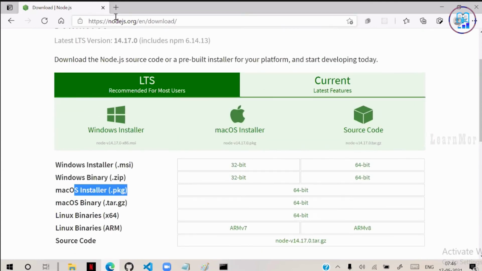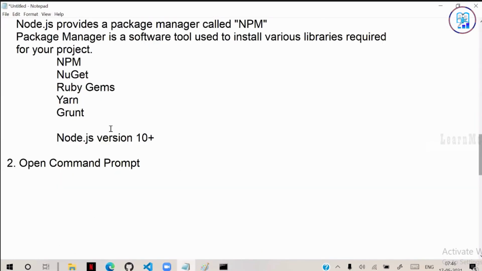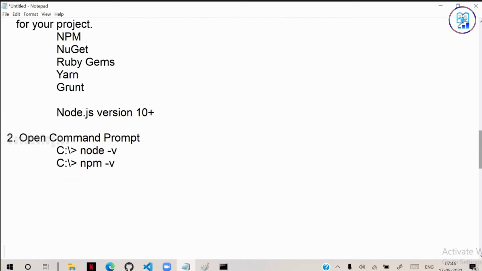Now, once you are ready and you have Node.js, in the command prompt you have to run node -v, and anywhere in the command prompt you have to use npm -v. Check whether the version of Node.js and npm is working or not. So that is one. Node.js is ready, the package manager is ready. Then you have to